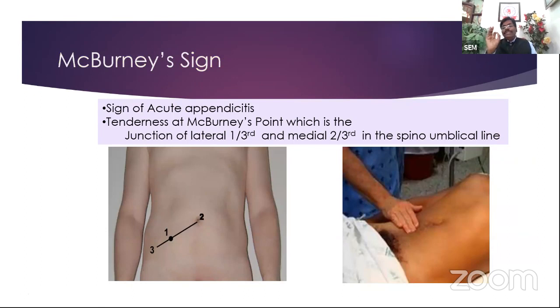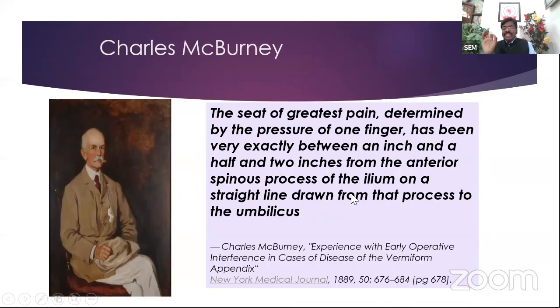So if anybody asks you in exam, what is McBurney's sign? Immediately you say, don't say Howellian. McBurney's sign is a sign of acute appendicitis, sir. Here there is a tenderness at the McBurney's point, which is nothing but a junction of lateral 1/3 and medial 2/3 in the spino-umbilical line. It is a point of tenderness it raised. Okay, even though the picture here shows a hand, what McBurney himself said, you can see this is the seat of greatest pain. Okay, and it is usually with a pressure with one finger, he said. This great